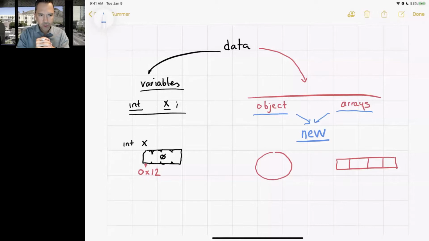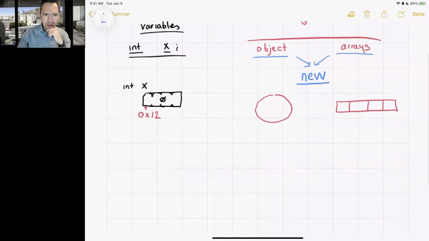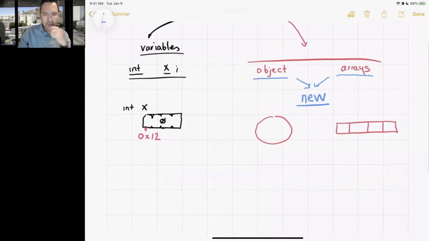We use the keyword new, right? Do you remember? Every single time that you create an object, every single time that you create an array, for some reason, I have been asking you to use the keyword new. Something is going to happen there. Now, talking about the memory,